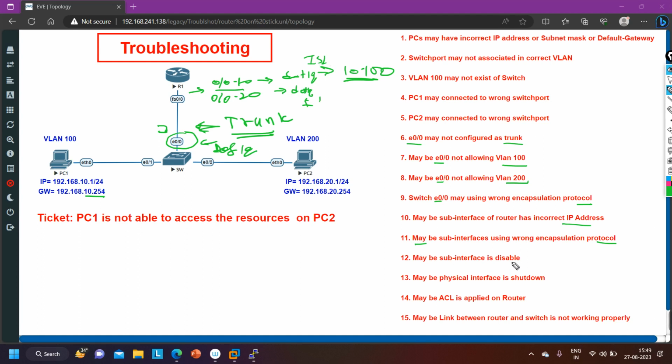After that, maybe the sub interface is disabled. You have to check whether the sub interface is disabled or enabled. And after that, maybe the physical interface is shut down. That can also be possible: you have created the sub interface and it is working fine, the encapsulation protocol is also correct on both sides, but by mistake you forgot to run the no shut command on the F0/0 physical interface. That can also be one possibility